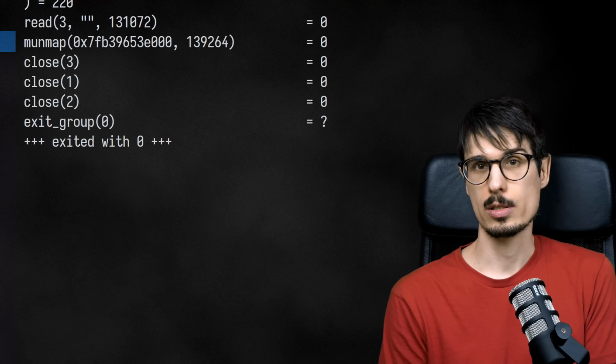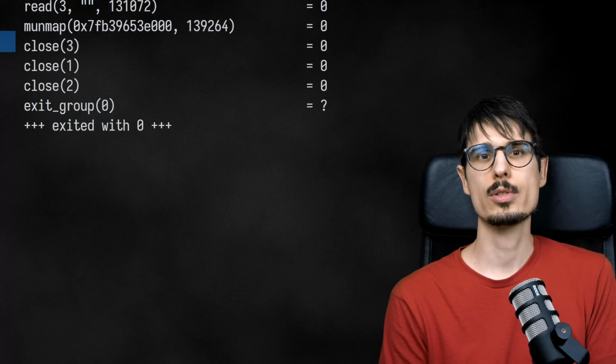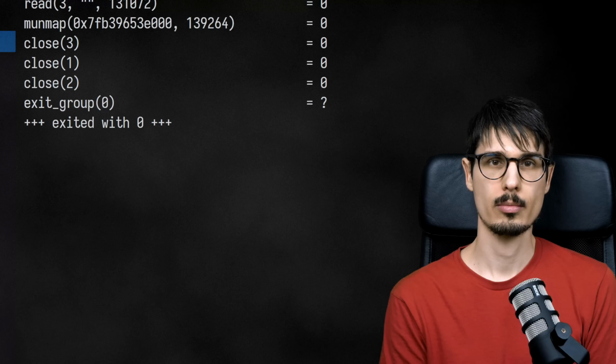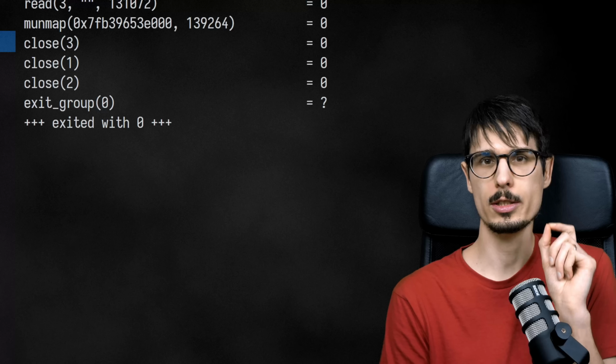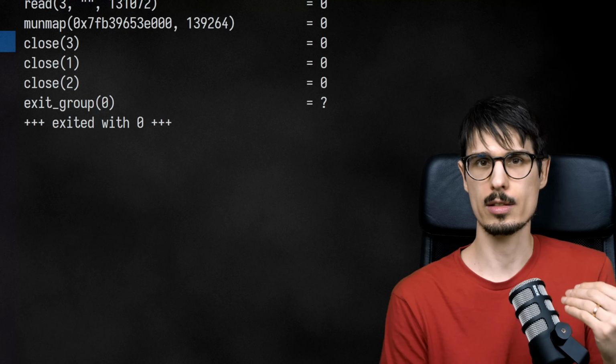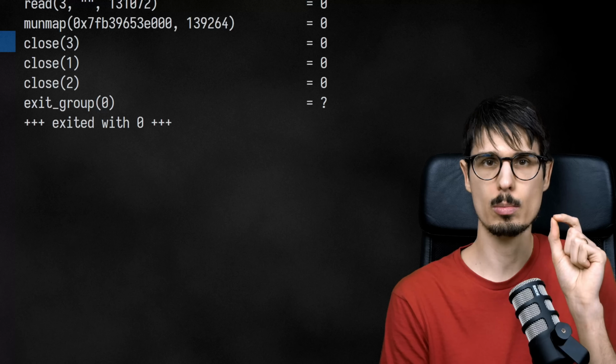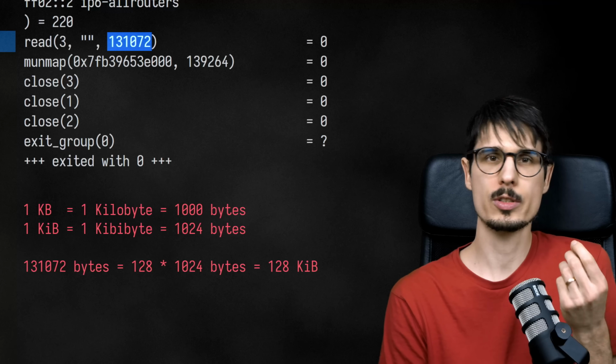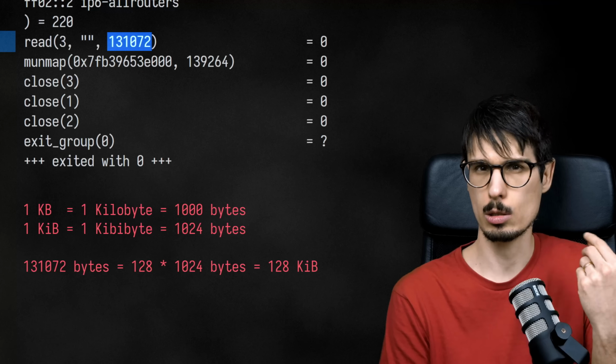The munmap syscall is then used to free the buffer, the close syscall to close file descriptor number 3, and the rest is just cleanup. This is extremely useful. One thing we've learned from looking at this is that in this case, cat uses a buffer of 128 kibibytes. That's something we're able to tell just by looking at the communication between the process and